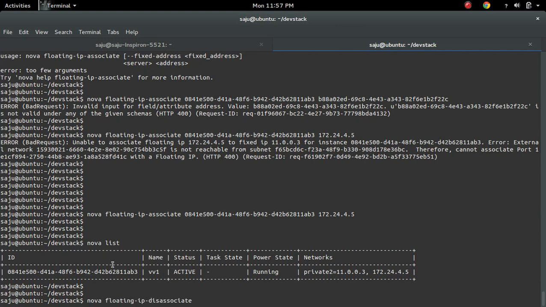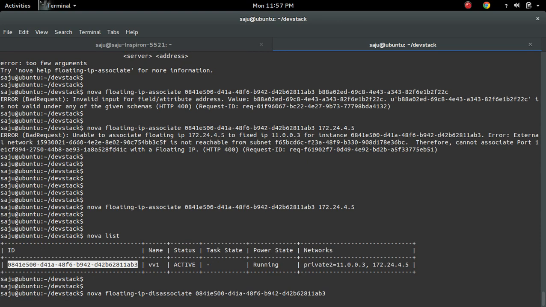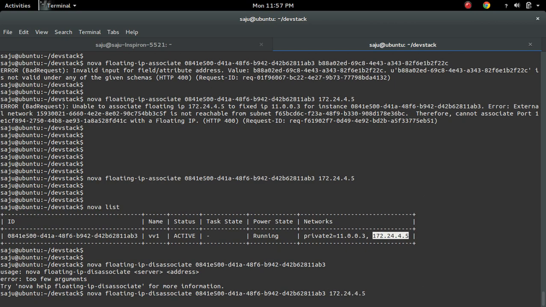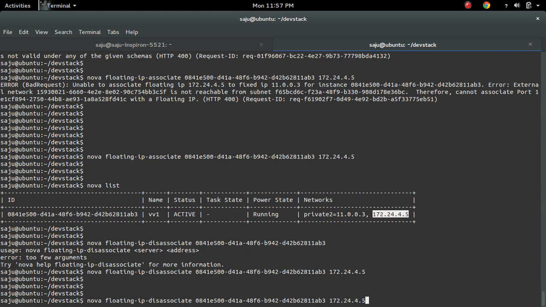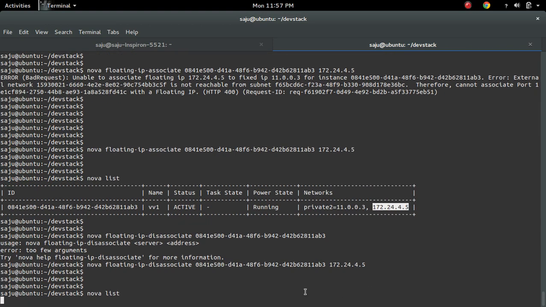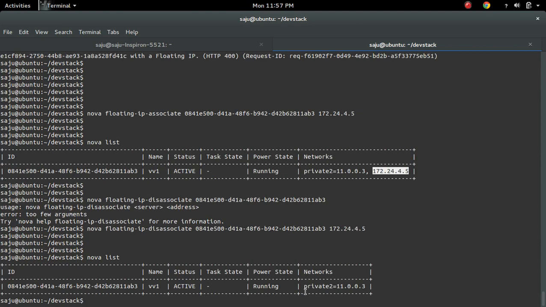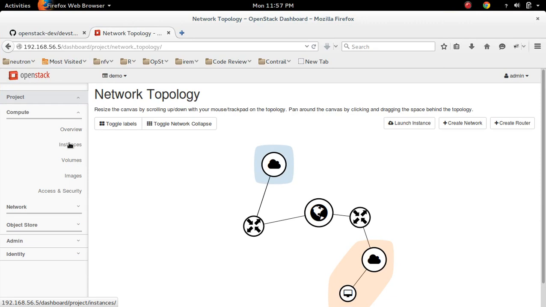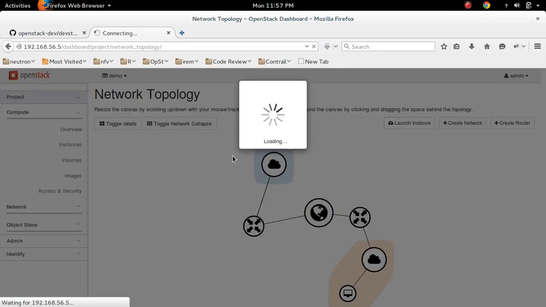Now our floating IP disassociate, then server ID, and we have to give the address also, IP address. So now I am disassociating the floating IP 172.24.4.5 from the VM. Okay, now I will show you how we can associate floating IP through CLI, through